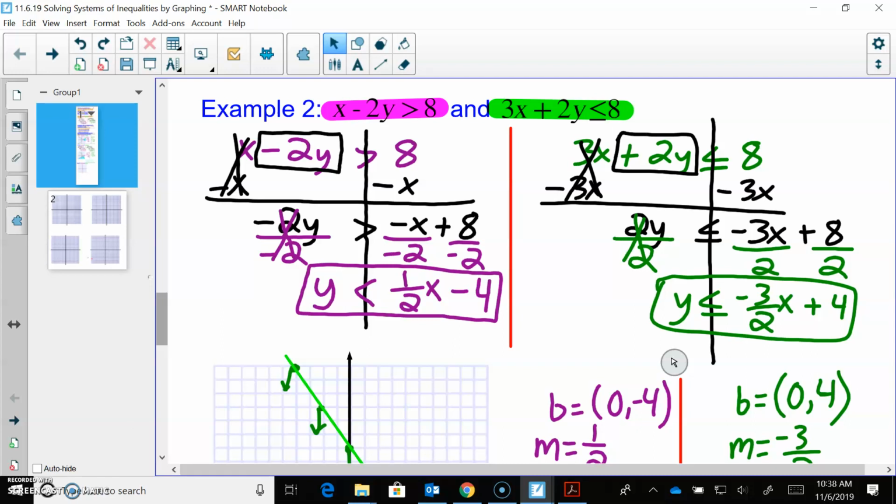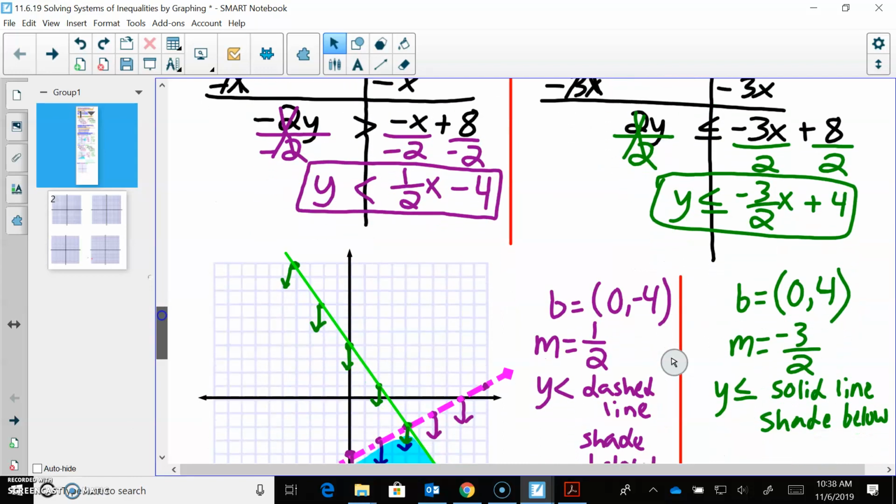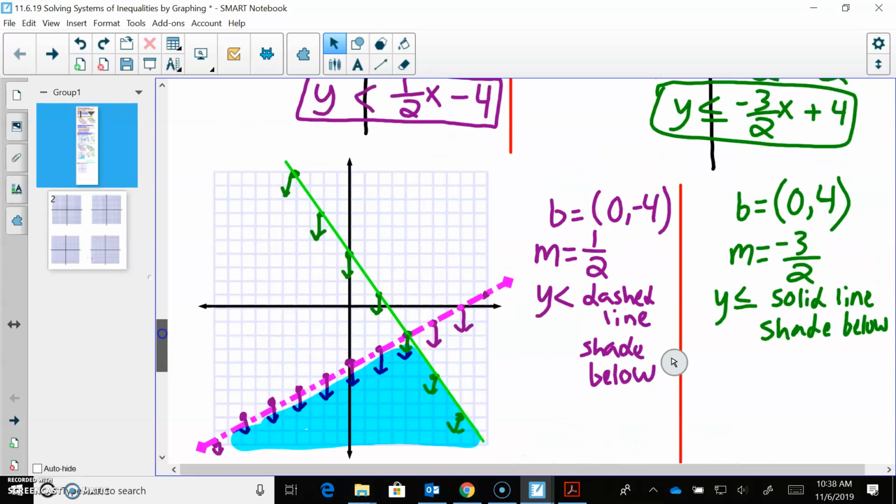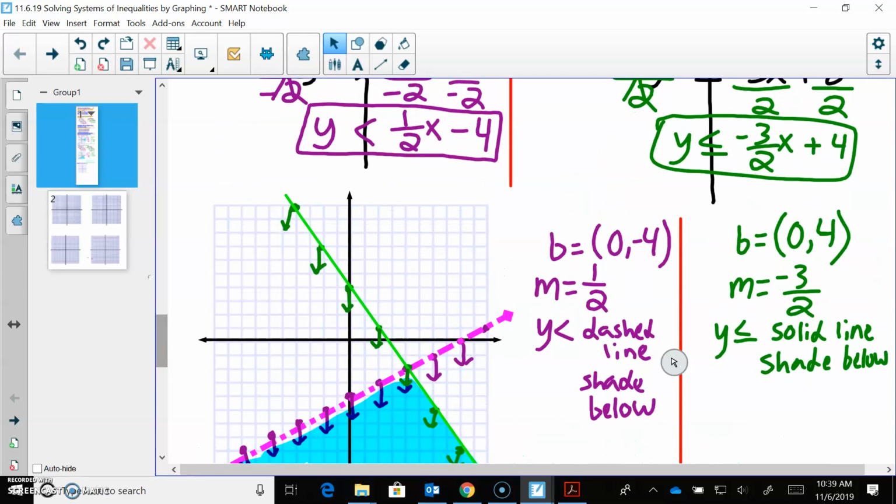When I do negative 3 divided by 2, I'm going to leave that as a fraction because for slope, with graphing, we want to leave it as a fraction so that we can know how much we're going up and down and left and right. So negative 3 over 2x, and then 8 divided by 2 is 4. Now that I've done that, if I go down here and take a look at the inequalities in general, I went ahead and labeled my b value for my purple